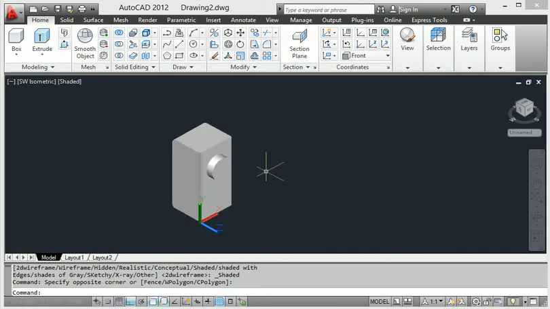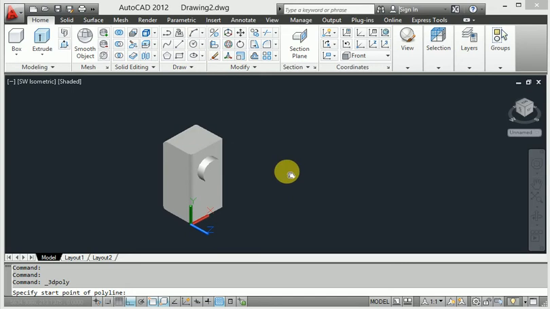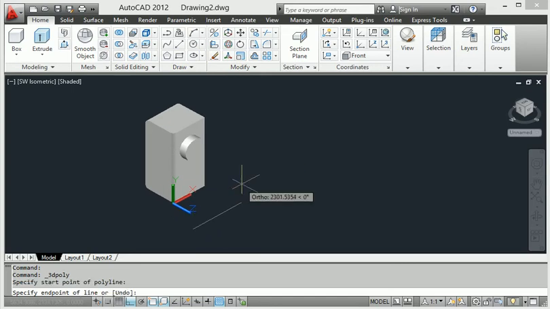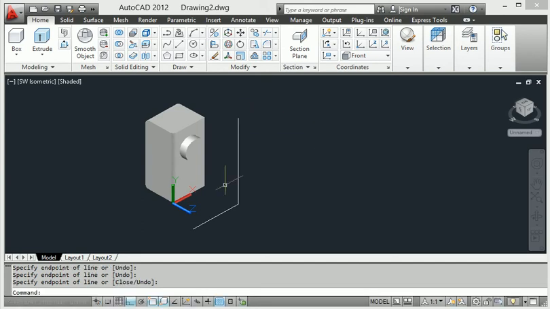It makes the selection according to the line here. This is the 3D polyline. When I create the 3D polyline and also make one line and a second line, I go to mirror according to this line.